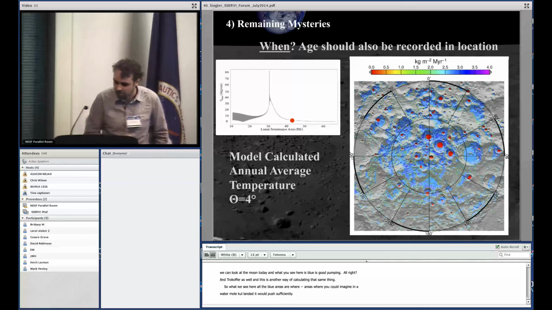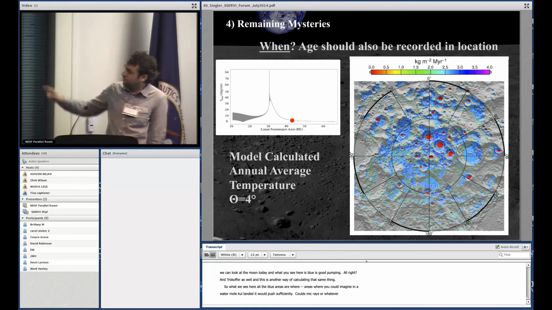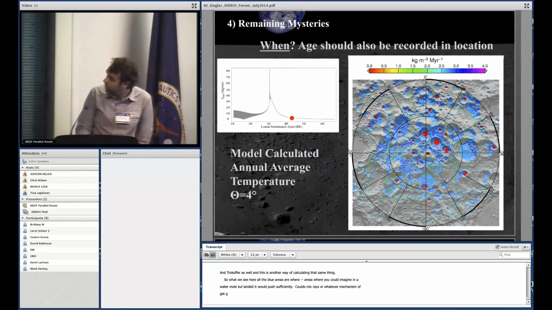We can go back further in time, and you can see that certain areas will change how well they